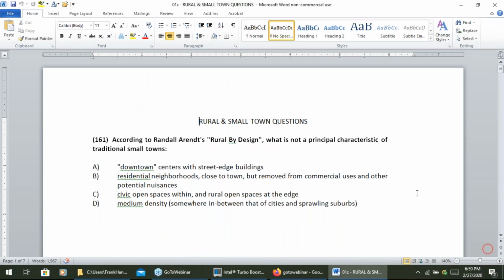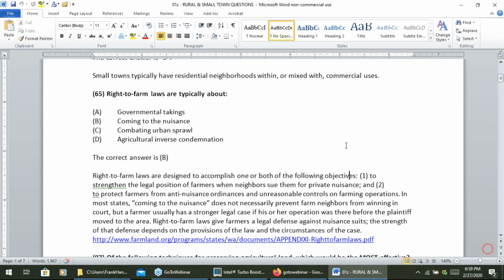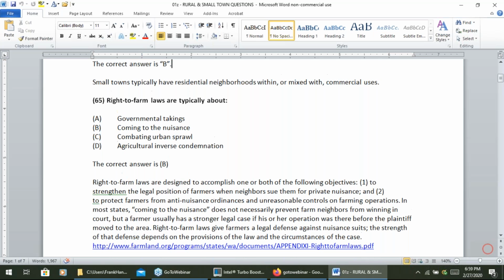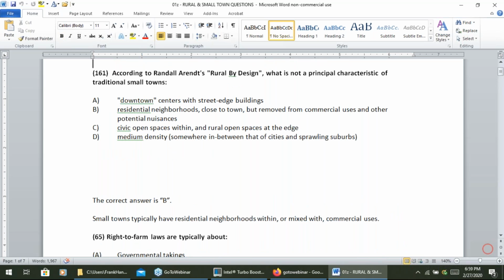Yeah, I can see B, because what does it say, neighborhoods removed from town? It says residential neighborhoods close to town but removed from commercial uses and other potential nuisances, like a suburb sitting someplace. That's not the characteristic.